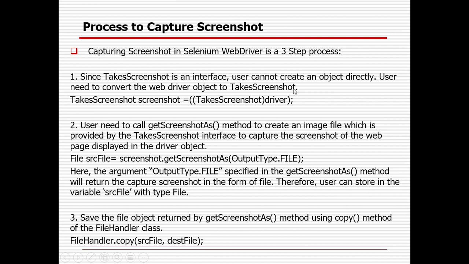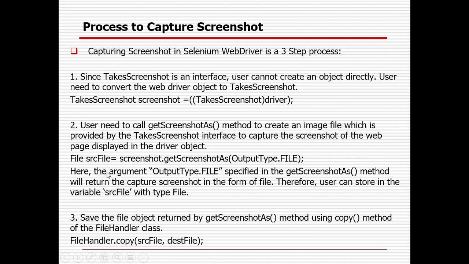After that, the user needs to call the getScreenshotAs method available in the TakesScreenshot interface to create an image file, which will capture the screenshot of the web page displayed in the driver object. You can see that with the help of the File class I can create a source file, where I use that screenshot object and the getScreenshotAs method, and it will be OutputType.FILE because it is of file type.